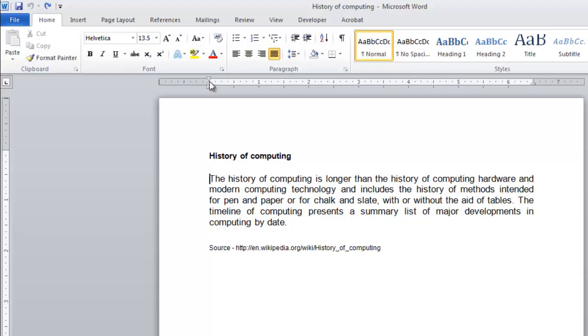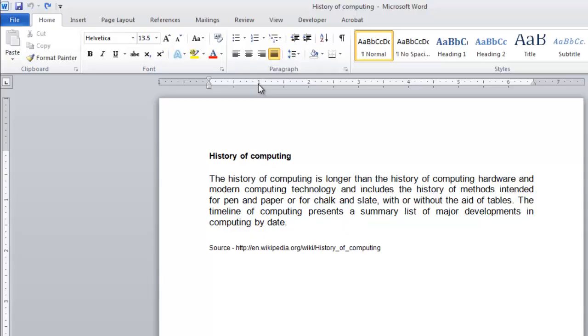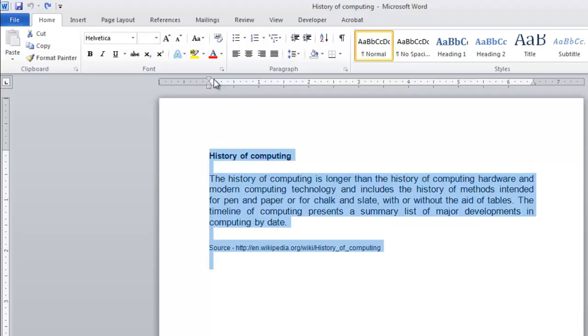make an indent manually. Click the first line indent marker and drag it along the ruler. As you go, an indent will appear in whatever paragraph your cursor is in. To apply this type of indent to the whole file, press Ctrl and A to select everything and move the